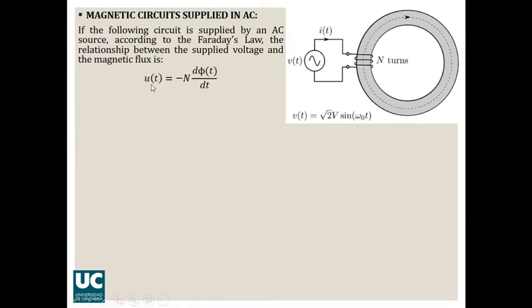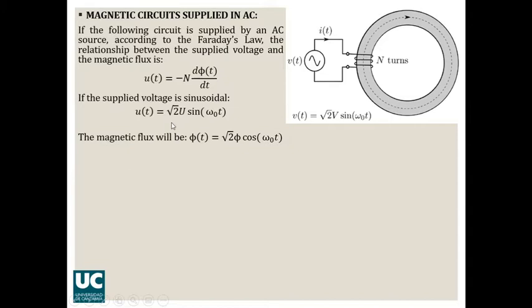And the formula is this one. The sinusoidal voltage is going to be equal to minus N, which is the number of turns that we have here in this coil, multiplied by the differential of the magnetic flux over time. So here, if you introduce the formula for the voltage, and you separate variables, you have here differential of time divided, you can take that to the other side of the equation, and you integrate both sides of the equation, you are going to have this formula for the magnetic flux.